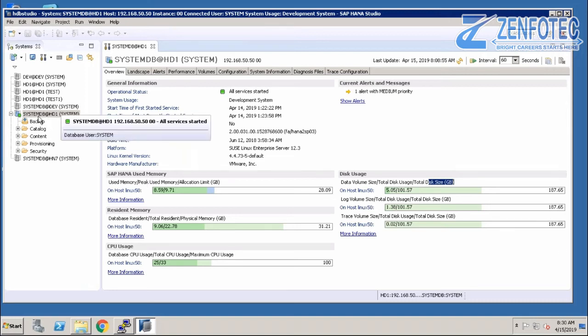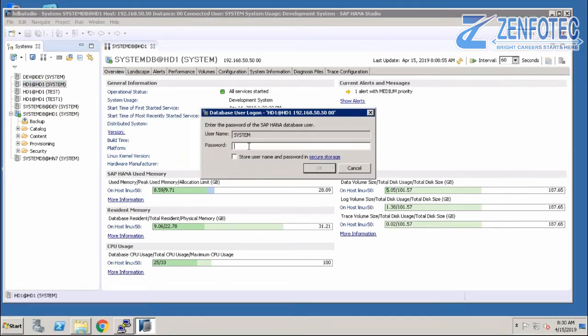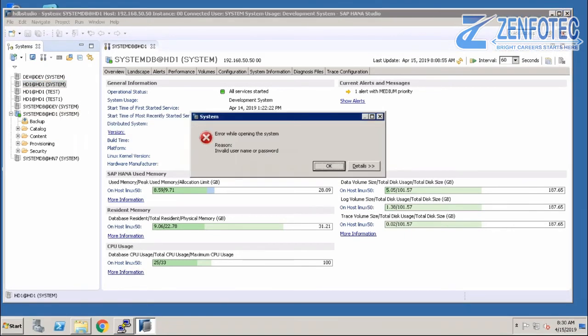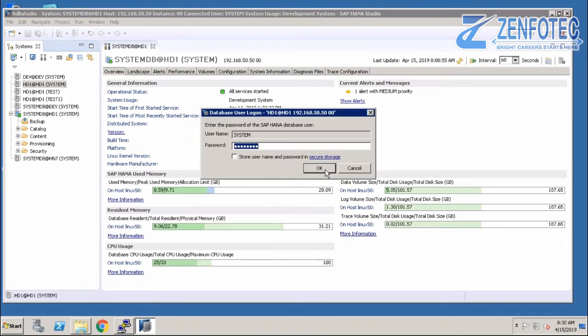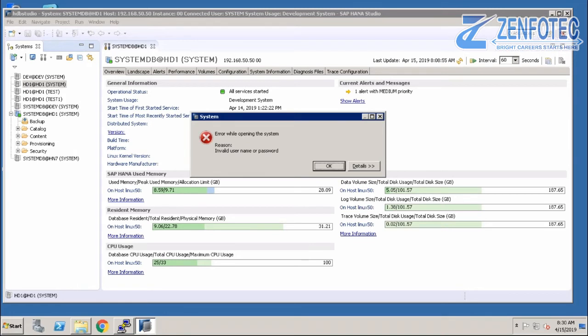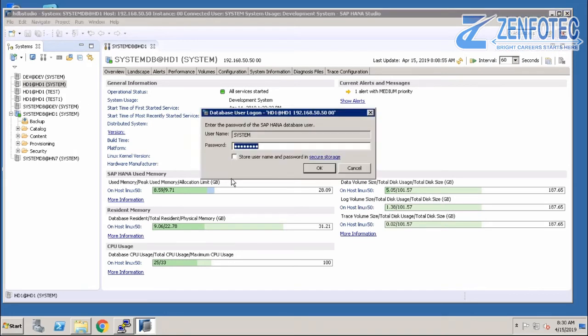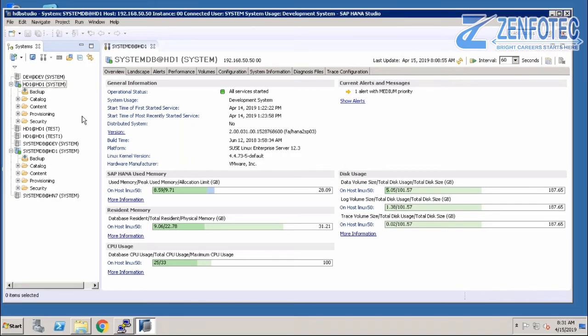Let me log into the tenant database. Yes, this one is the tenant.